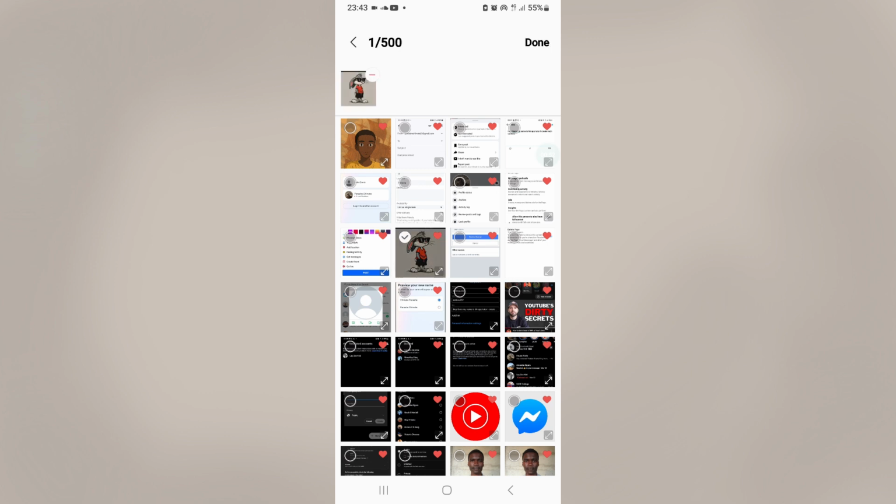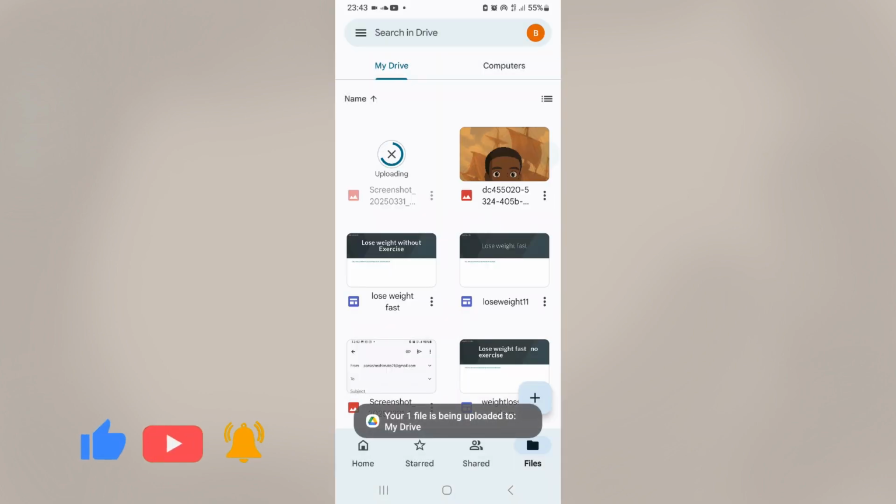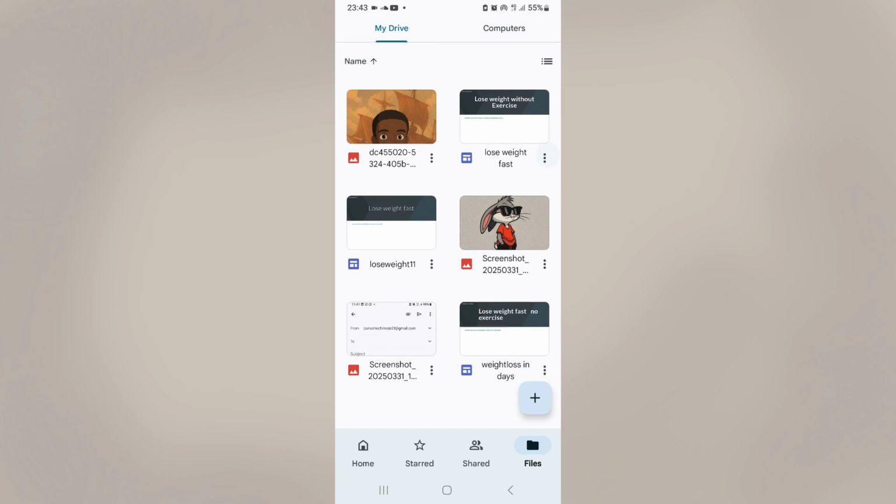I'm simply going to select it, and once you're done selecting the photos you want to upload, click on the done option right over here. So you can see my photo is uploading onto Google Drive. So as you can see, it's done uploading, and what I can do now is that I can easily share this photo by clicking on